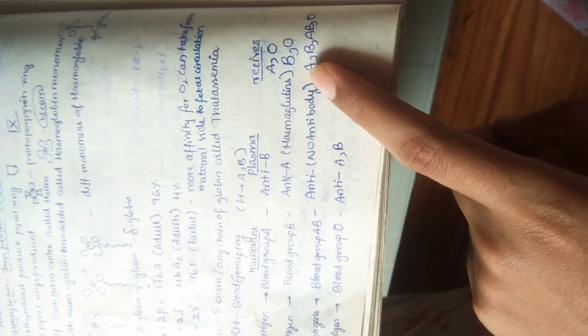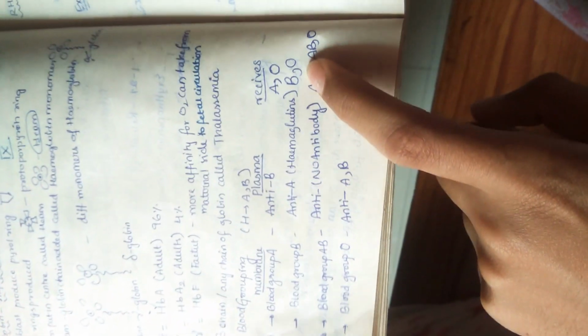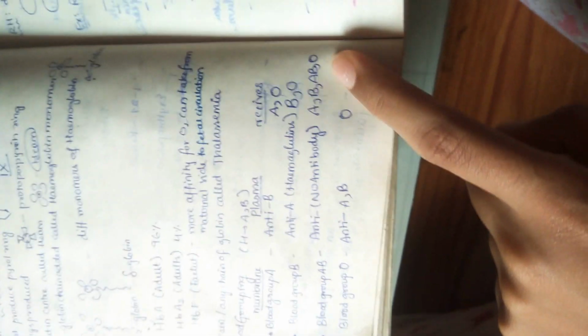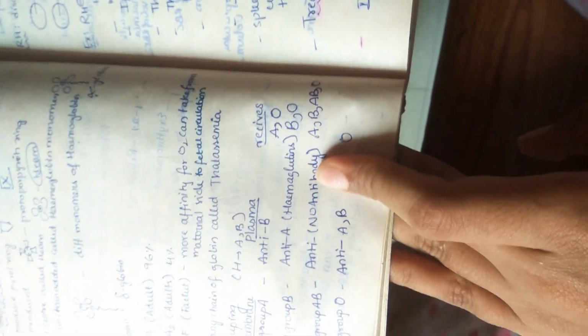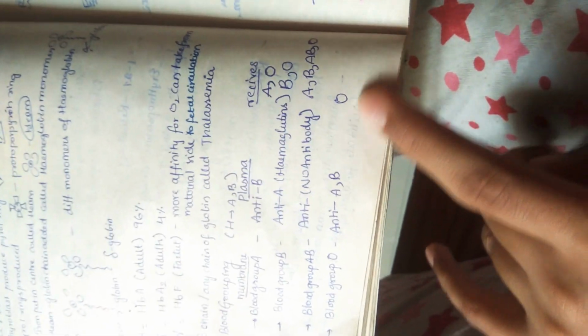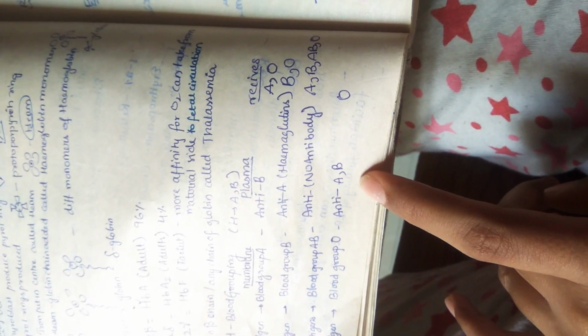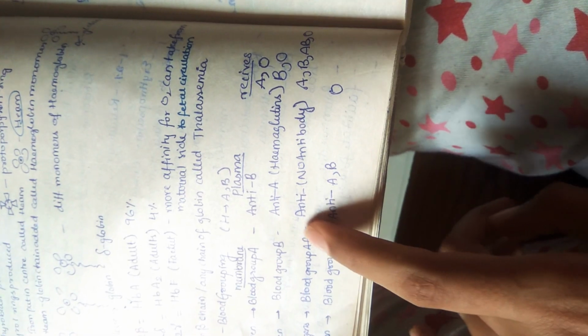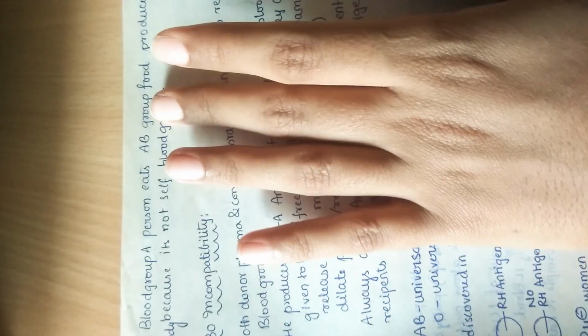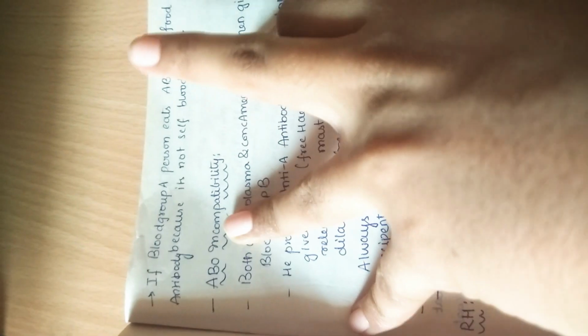So for blood group A, the receivers are A and O. For blood group B, the receivers are B and O, and for blood group AB, the receivers are A, B, and O. They can take all, because they are not producing any antibody, so no problem. And for blood group O, only O should be taken, because they produce anti-A and anti-B antibodies. If they take A or B, it is a problem for them. So this is about receivers. Now you can see that if a blood group A person eats B group food, then it produces an anti-B antibody, because it is not a self blood group.